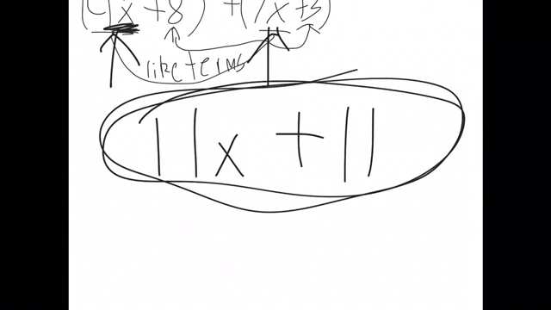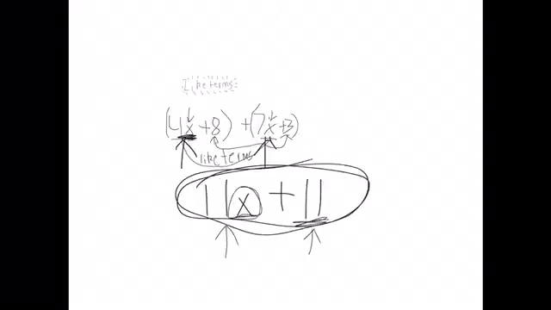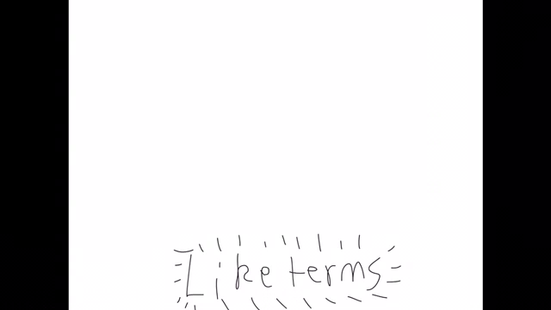11x plus 11. You cannot combine these because this has a variable right here, and this is just a whole number. So that's why that would be the answer. So that was our first like terms equation. Our next one we will do is going to be, let me see here,